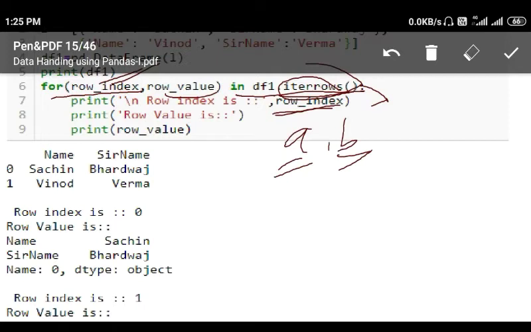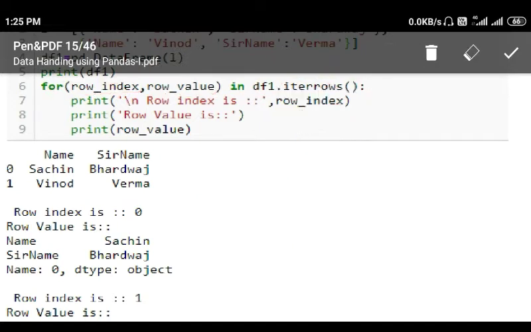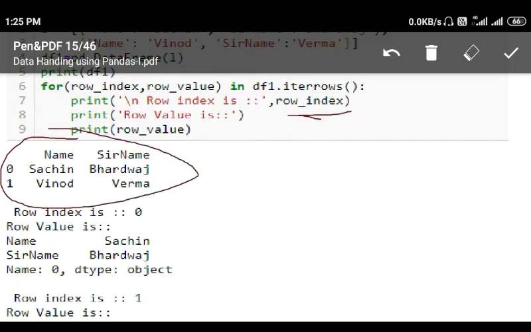So see, row index is 0. So what it will do exactly, suppose this data frame has, see in this example we have this data frame. First time when the loop will execute, it will get the row index using this iterrows function. It will extract the row index which is 0. So it will print the 0th. Then the value of row index 0 is name, Sachin, surname.